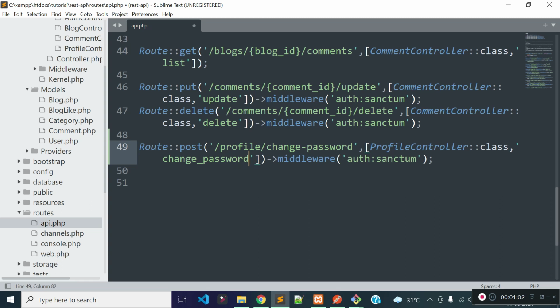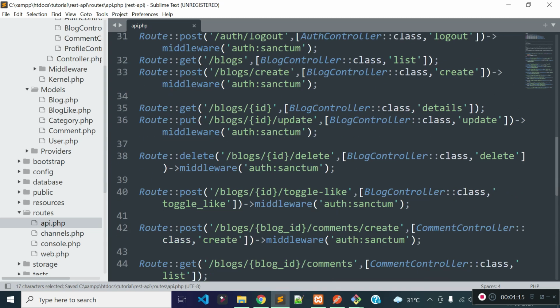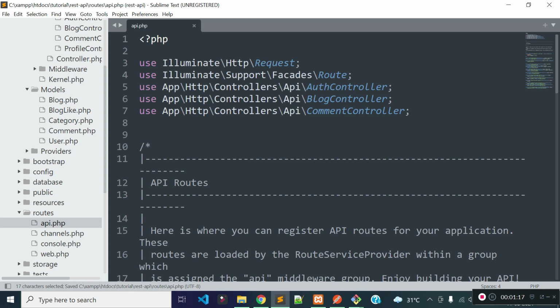And this route should be protected so that an user need to provide API token through authorization header to change his password. That's why I'm adding authenticator to this route. Now let's import ProfileController at the top of our api.php file.